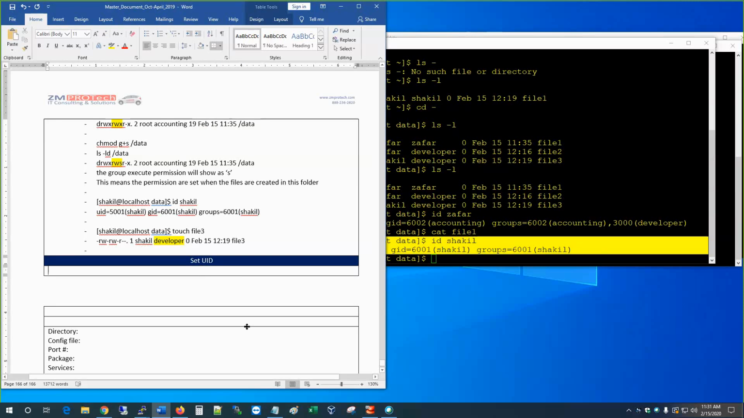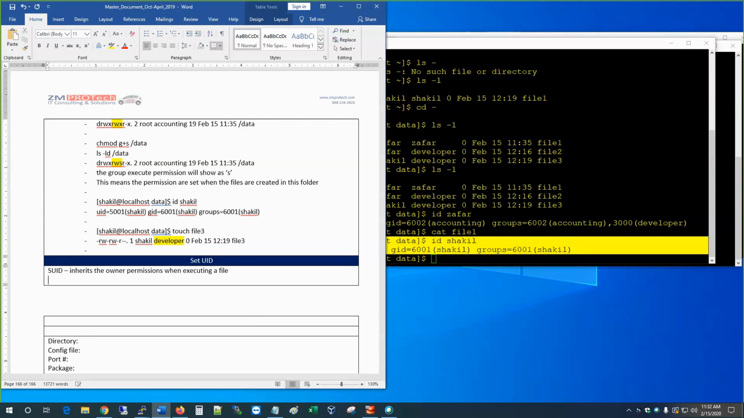So SUID, what does this do? It inherits the owner permission when executing a file. Okay? What does it mean here? Okay, so